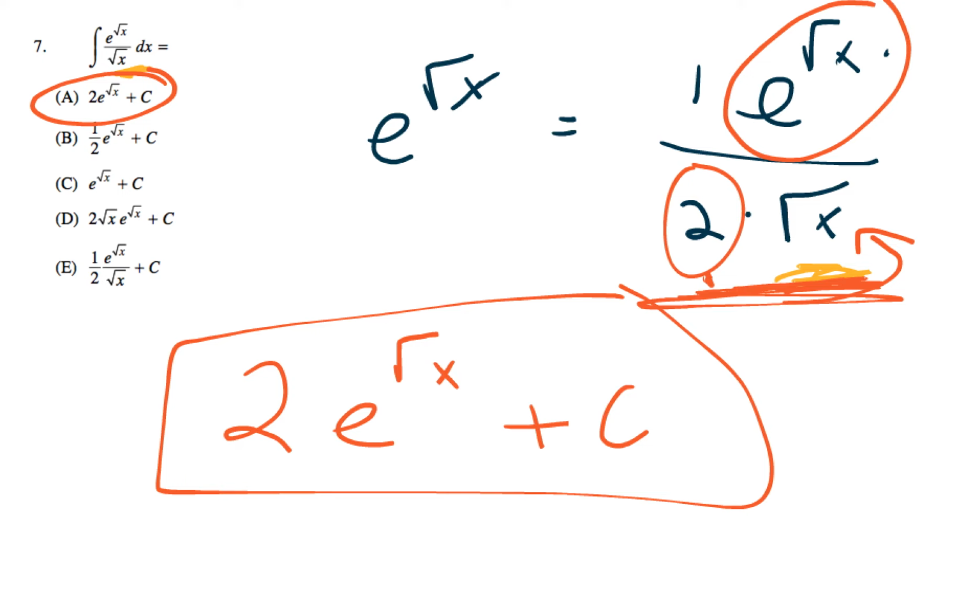Tricky problem, for sure, and something that we certainly need to understand the derivative and antiderivative rules of e to the radical x, and also understand the derivative rules of a radical. Identifying that quickly, I was able to signify in my mind, oh, I know that when I take the derivative of a square root, I get a square root on the denominator, and that flashed in my mind, oh,